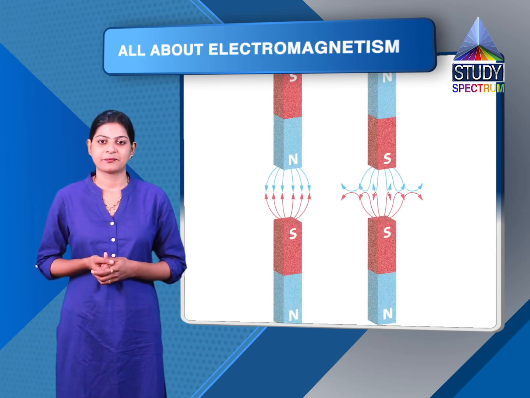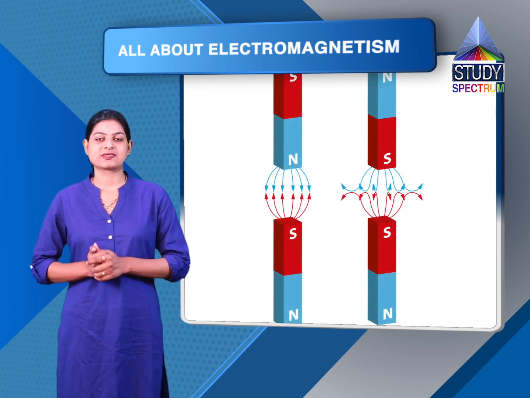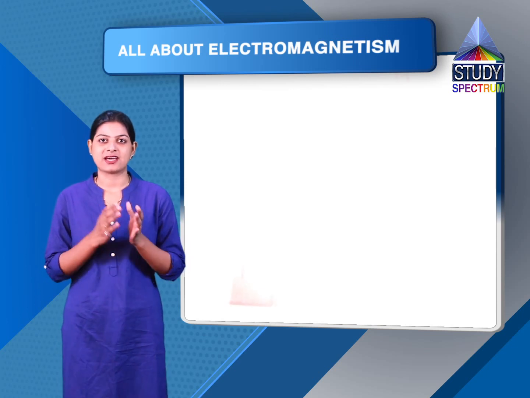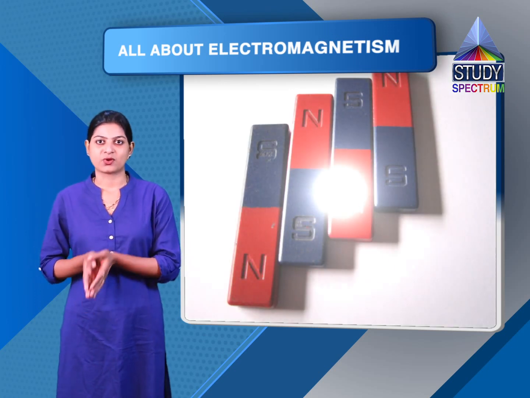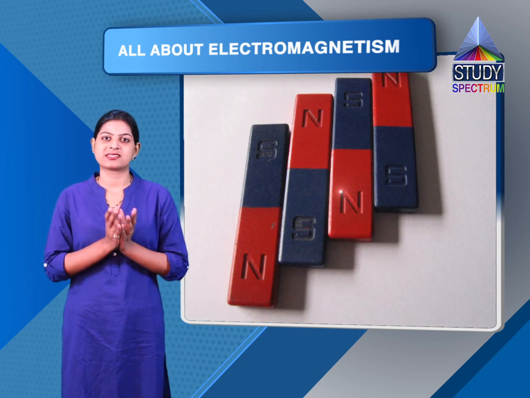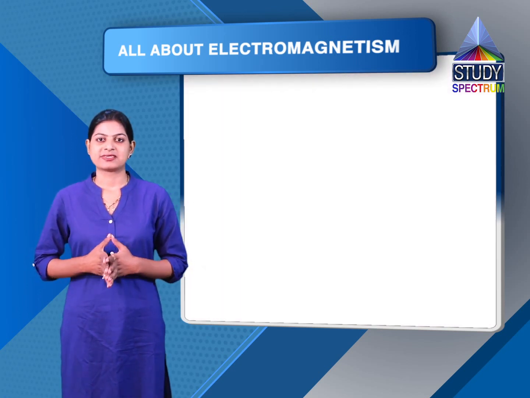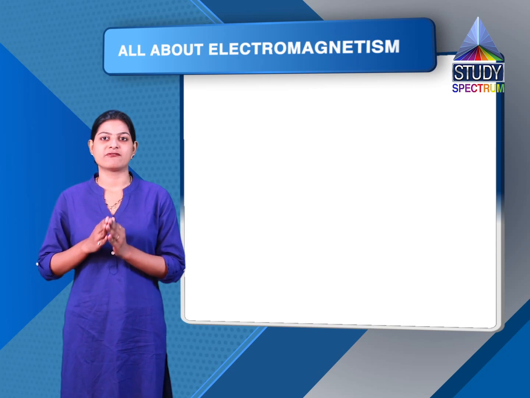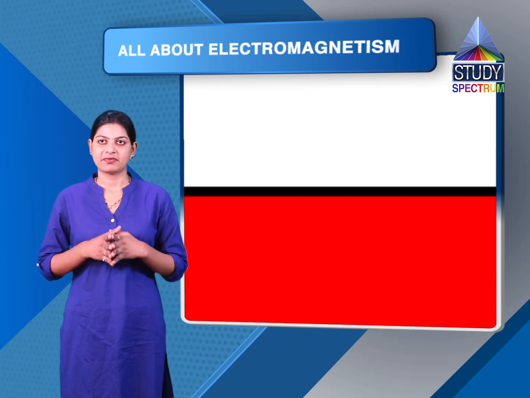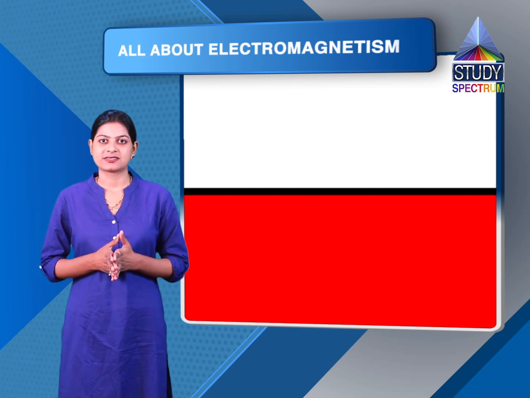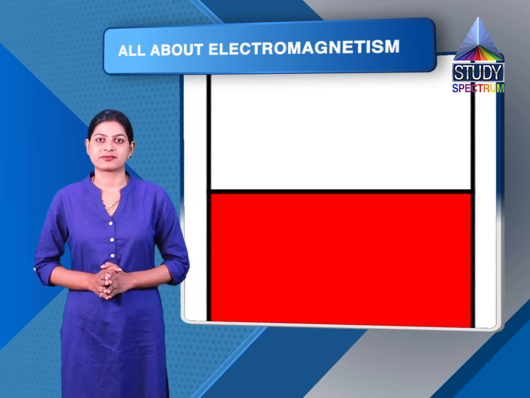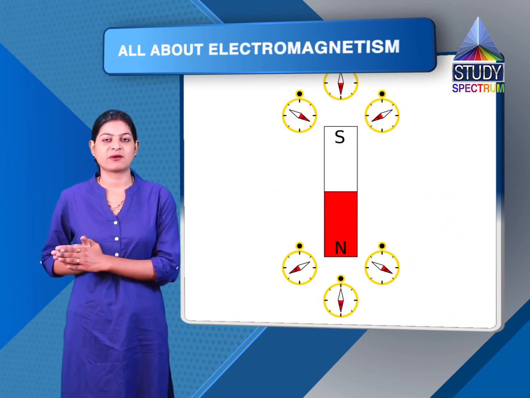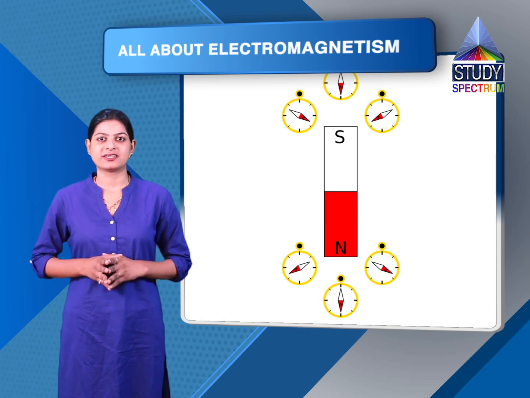First question under that: magnetic poles always exist in pair. The statement is very much true because every magnet has a south pole as well as a north pole. So it always comes in pair. There cannot be a south pole alone or a north pole alone. The second question for true or false: magnetic field increases as we go away from the magnet. This statement is false because a magnetic field has a limit, so it is called a magnetic field. As we go away from the magnet, the magnetic field decreases.